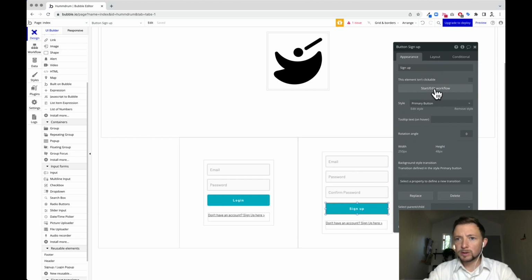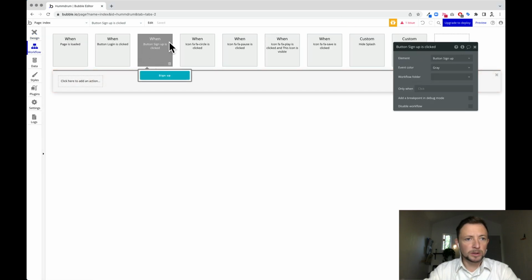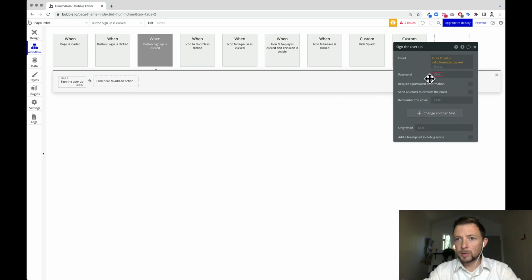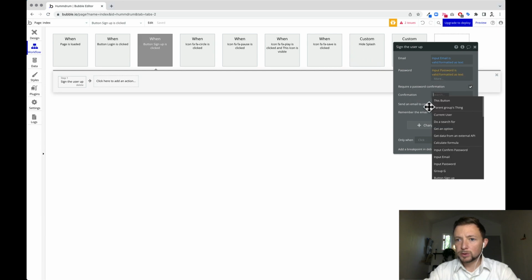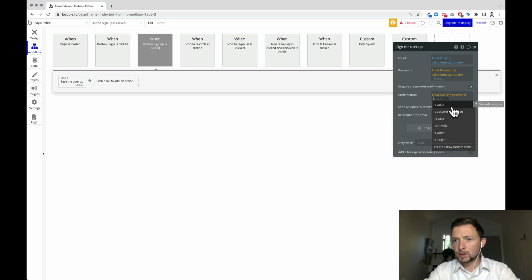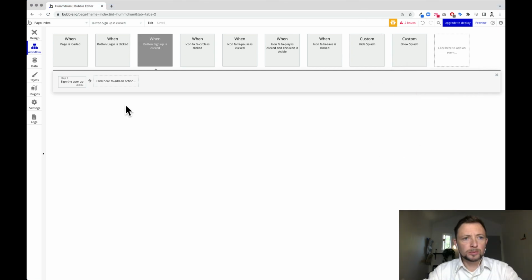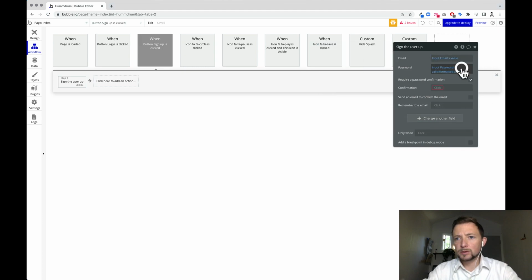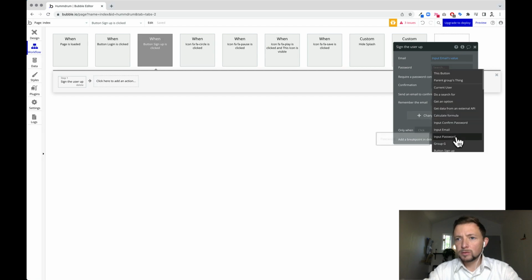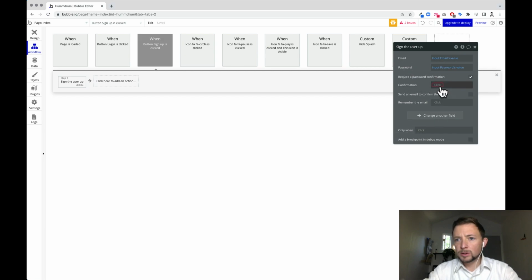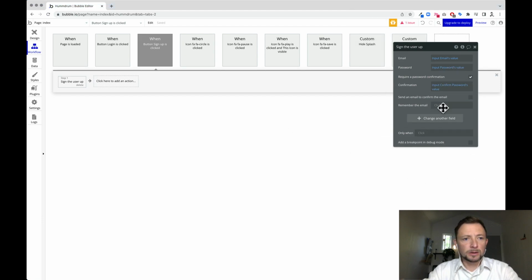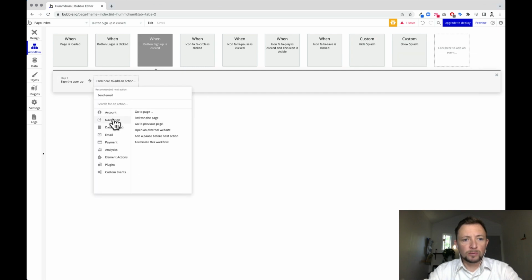So now we need to do a start edit flow for that. When the sign up button is clicked, we're going to sign the user up. We're going to do the input email, the password from the input password, and we require password confirmation, and we are going to do that with our input confirm password and its value. Okay, so what we're going to do is we're simply just going to get the email from the email, and we're going to simply get the password from the password input, and we're going to get the confirmation from the input confirms value. After they fill out that form, we're going to run one of our custom events so we can trigger it,